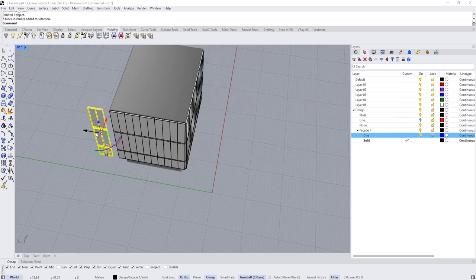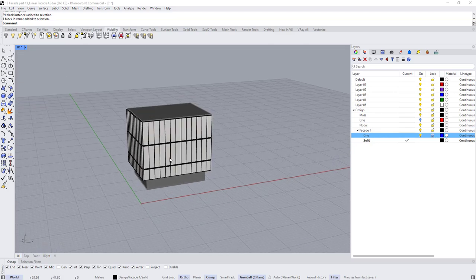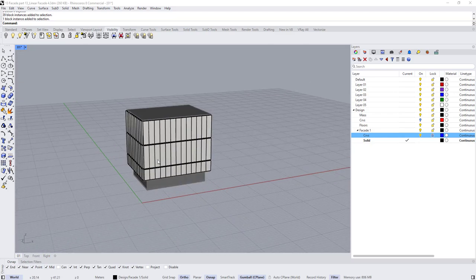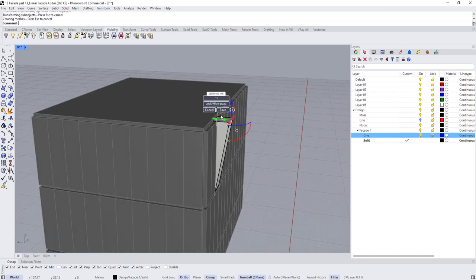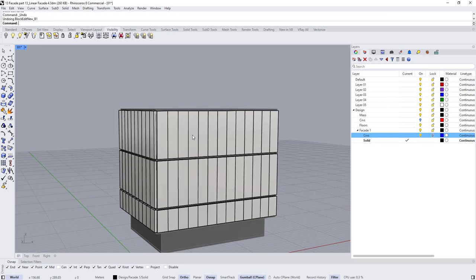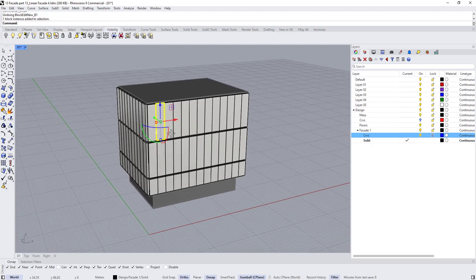Delete these extra ones, and for this part select this one, type mirror. But you know what? Let's mirror it after adding the details. Okay, so we have the blocks. If I edit anything here, it's going to be reflected on all the remaining blocks. Just control it for now. So we can start adding details to only one of them, and it's going to be applied to all the